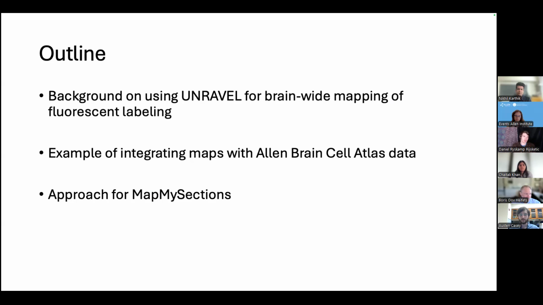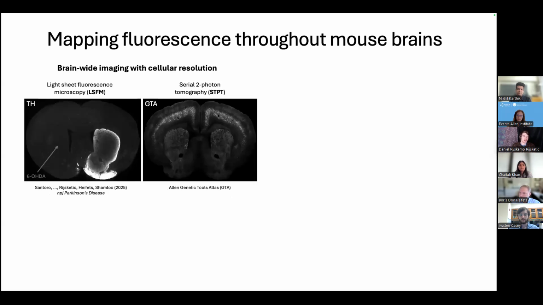And so I'll talk about some background on using Unravel for brain-wide mapping of fluorescent labeling, show an example of integrating maps with the Allen Brain Cell Atlas data, and then go into our approach for MapMySections. The 3D images of mouse brains from either of these modalities are really useful for comprehensively characterizing the labeling of cells or proteins. For example, we can look at biomarkers or lesions in disease models or better understand genetic